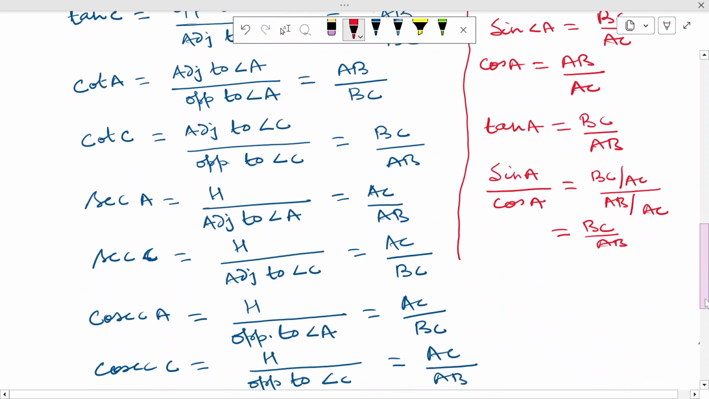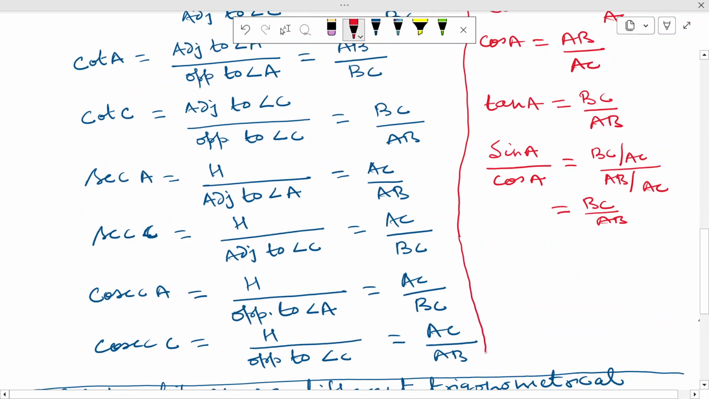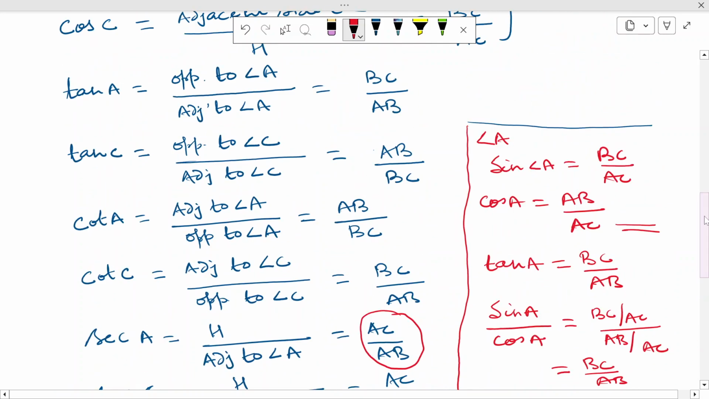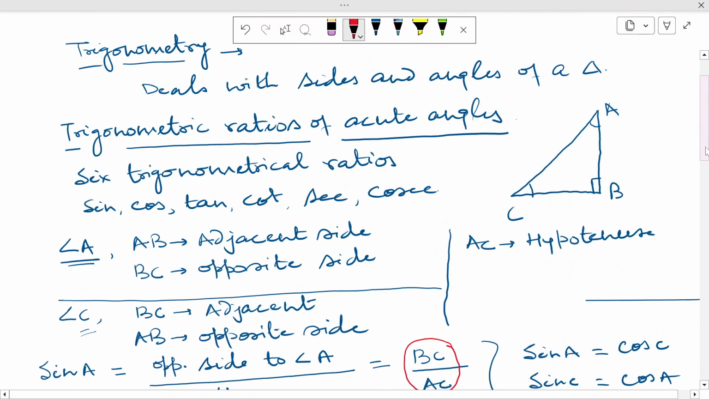Similarly, you can obtain the other relations also. If you look at sec of angle A, it is AC over AB, while cos of angle A is AB over AC. So, from here and here you can easily obtain that sec of angle A is the same as 1 upon cos of angle A. So, this is how we can obtain the different trigonometrical ratios,